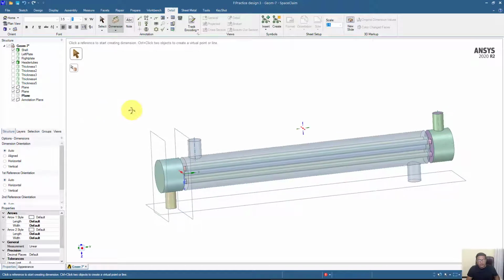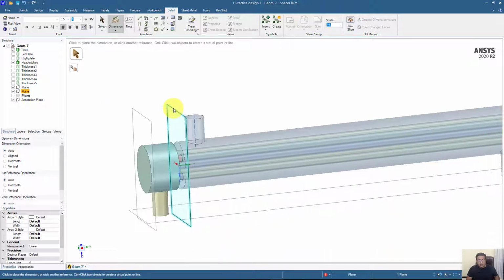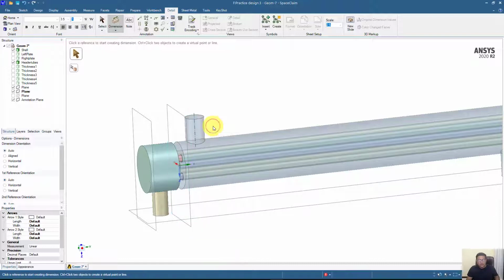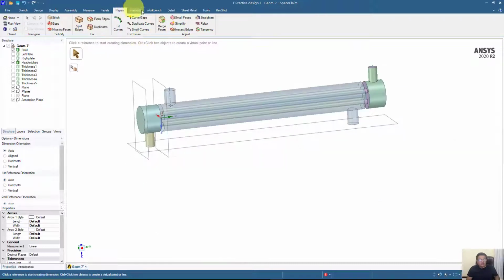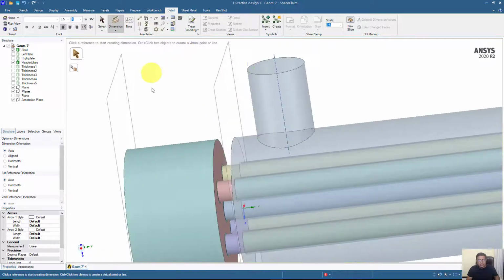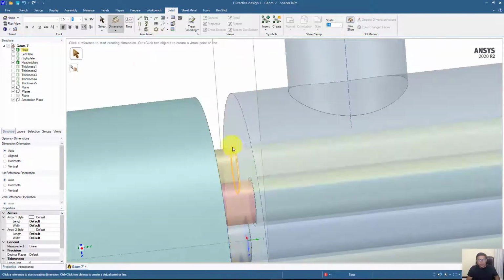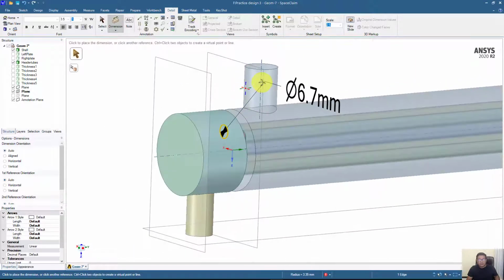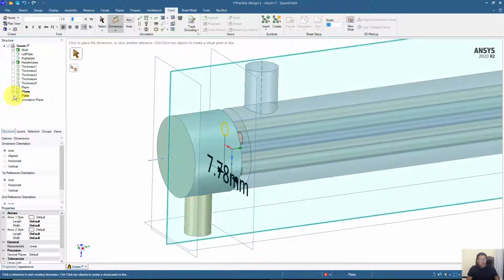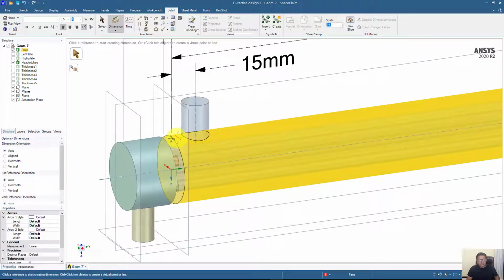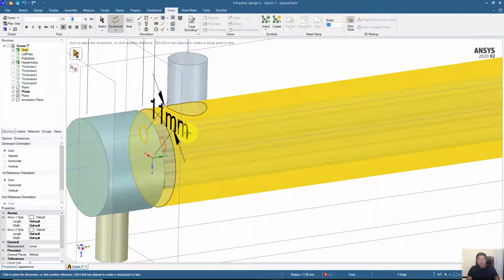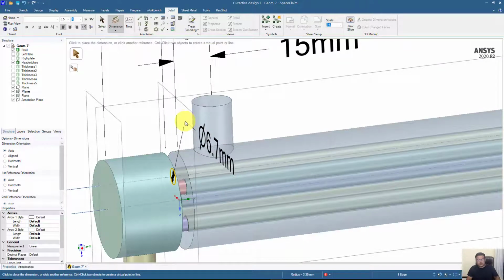Now I will hide this plane for the time being, and I will use this plane for dimensioning of these tubes, and I will use this as the annotation plane. I have to just provide the dimension for only one tube, because the rest of the tubes are the same. For this dimension we can place it anywhere. I also want to activate all planes so that I can place this dimension in the proper location, and they should not overlap the other dimensions here.